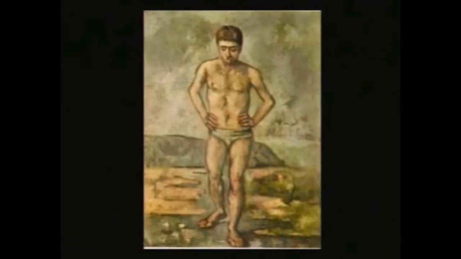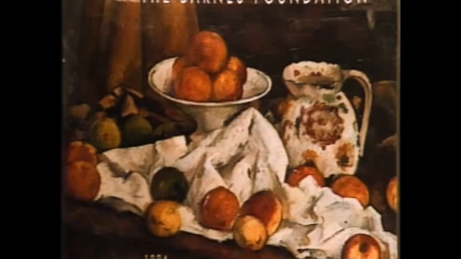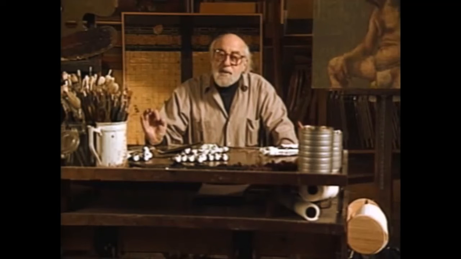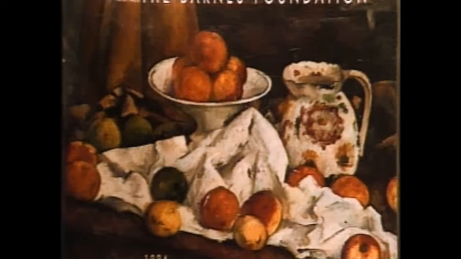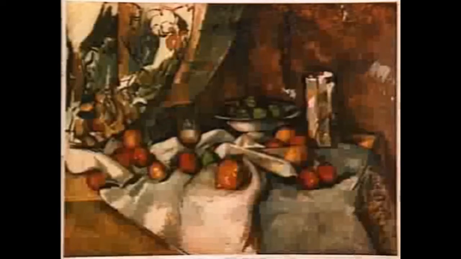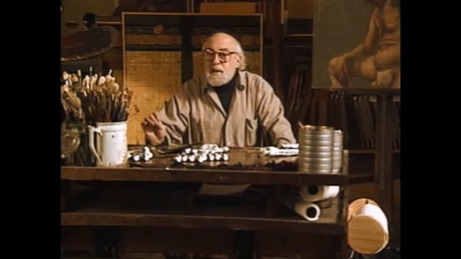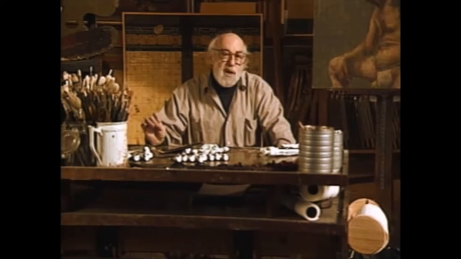Now, when one sees a Cezanne painting, and here are a number of examples of Cezanne paintings, when one sees a Cezanne in a museum or in a reproduction in a book, there is much evidence of individual strokes of color in the finished painting. Cezanne did not blend his colors together, but left them very separate and very clearly noticeable. When one looks at a Cezanne from up close, you can see all those individual strokes of color in the painting. When you step to a distance, they all tend to more or less merge to make a general color.